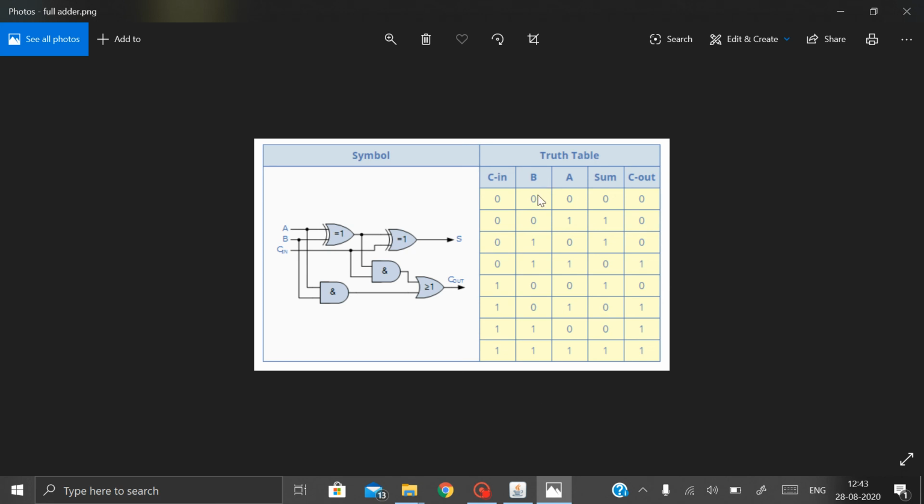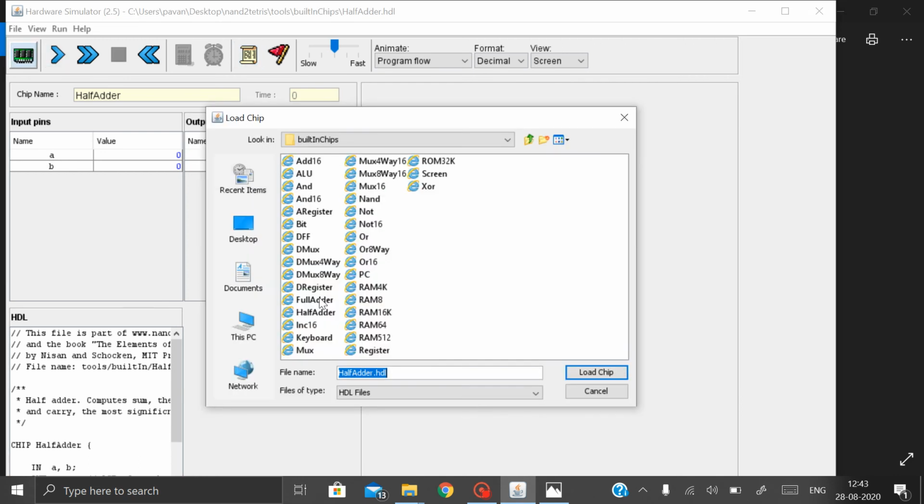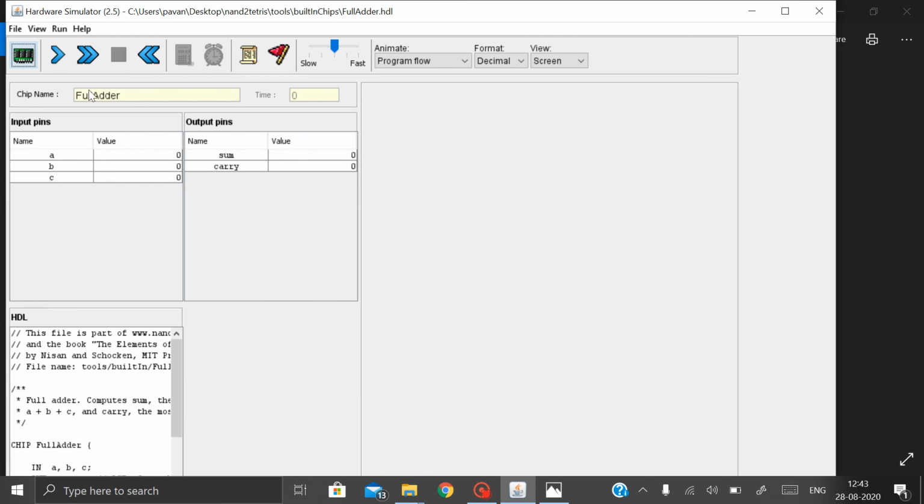This is a truth table. Let us try with the truth table now. Let us take A as 1, B as 0 and carry input as 0. First we will load the chip. If you load the chip here, you can find the chip name, full adder. As I told you, A, B and input C, here it is carry input.